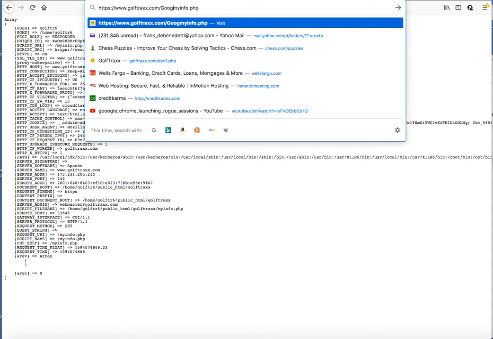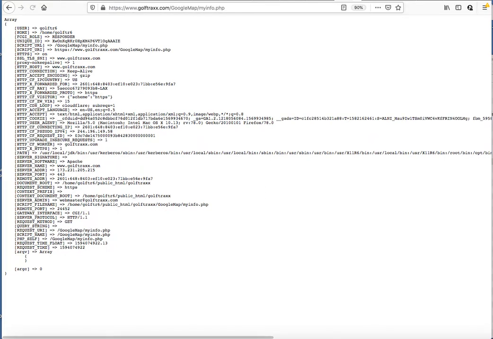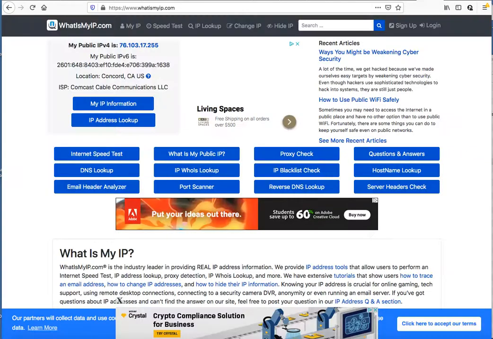Let's look at the Google map version of the page. And interestingly, that is now also not the v4 IP that's supposed to be being assigned by my internet service provider. So then, if we ask, what is my IPv4, by refreshing that,